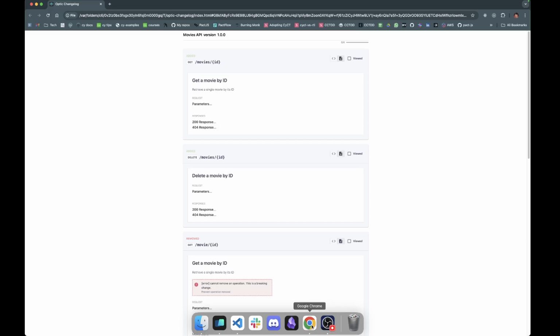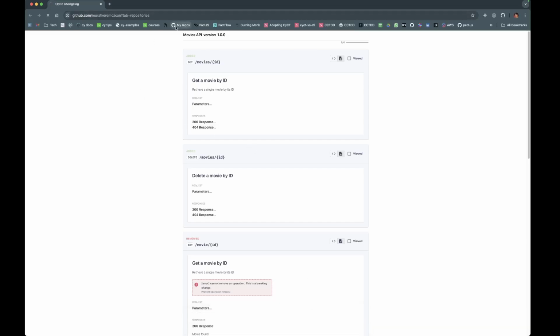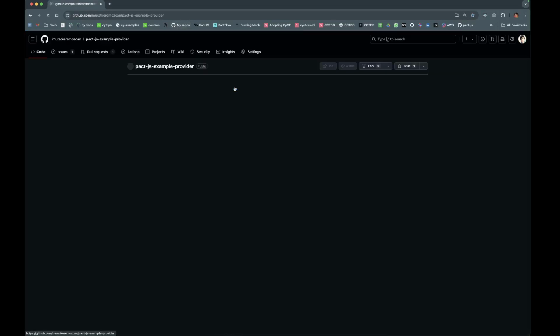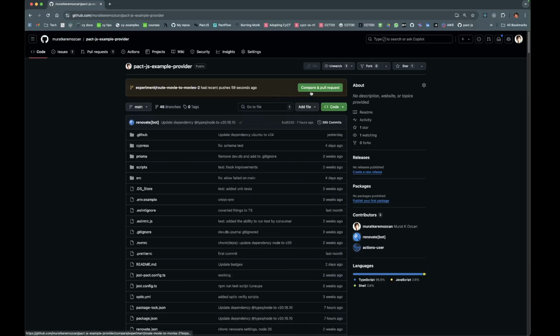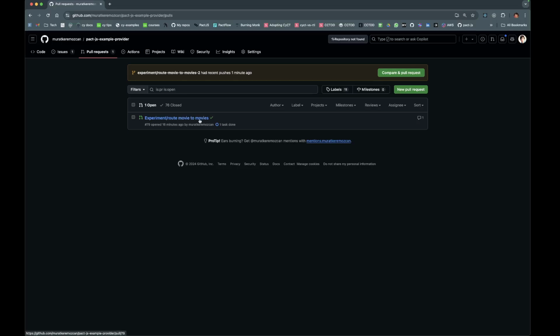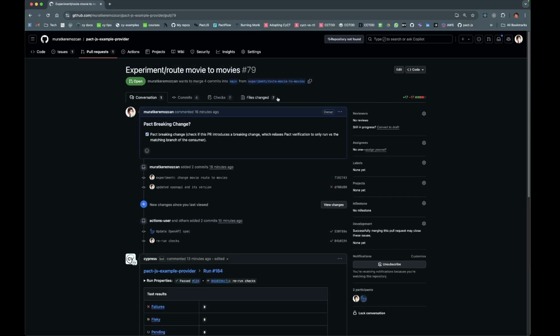Now, what we'll do first is we go to the provider, and then we'll open an API PR. There is already one PR that I had previously opened, so we can just switch to that instead of waiting. I can also switch to that PR that's already open, and then I'll basically just check that out everywhere.